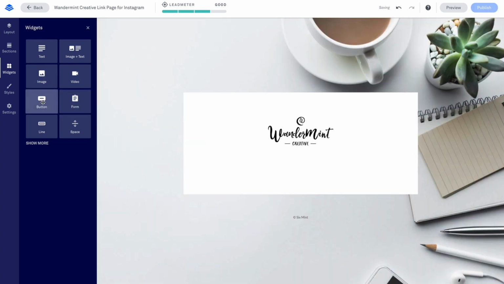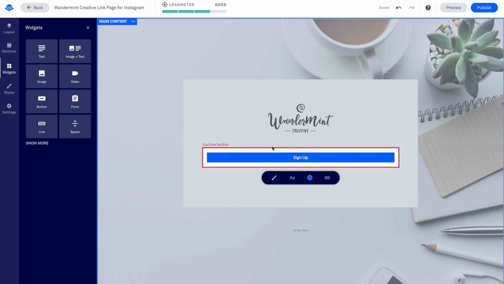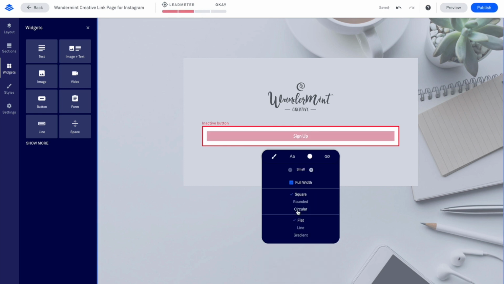Then I'm going to find the button element over here, and drag and drop that right underneath there. This is how I'm going to start adding the different links that I want displayed on my Instagram. So I'm going to click that edit button there and make it match my brand colors. Then I'm going to double click in here and put the title of what I want this to be linked to. So I'm going to say, join my